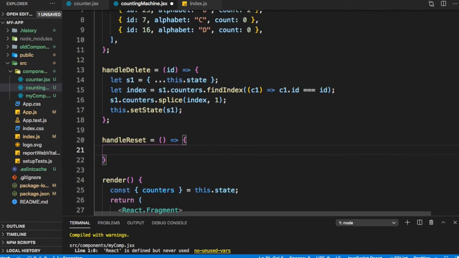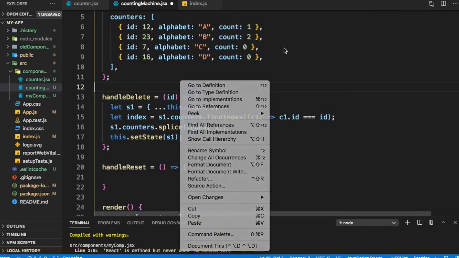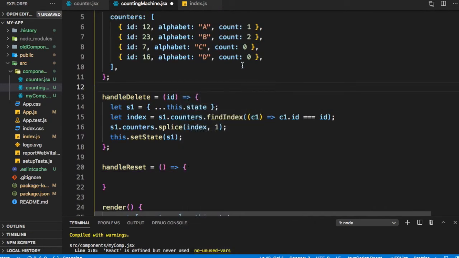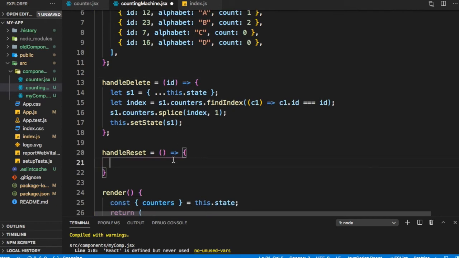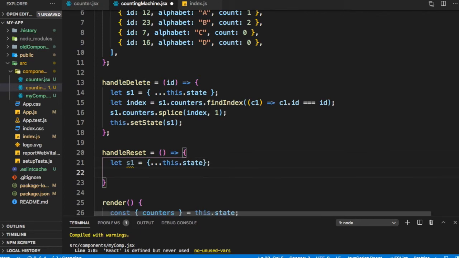so what is the purpose of reset? That all these counts here should be set to 0. So let's use a standard approach. Let s1 is equal to a copy of the state. Next, let's use map to create a new array with the counts as 0.